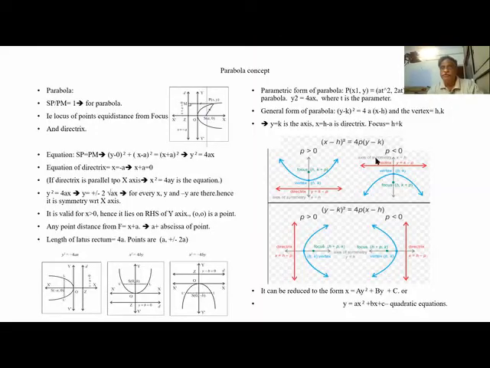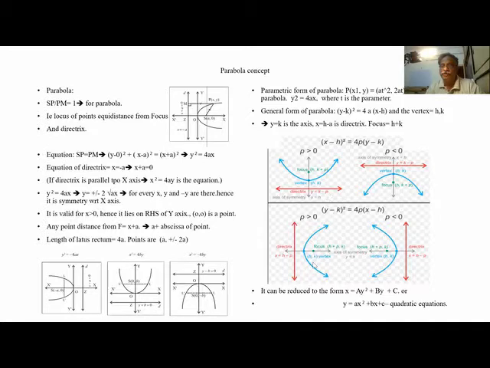Let us see some solved problems. So this is all shown here. This is a case when the parabola vertex is at 0, 0. Suppose the vertex is at HK. That means what is the focus? The vertical axis is fixed at H, and the focus is P plus K. This distance is P. So this point is P plus K, and this point is K minus P. So y is equal to K minus P is the directrix.